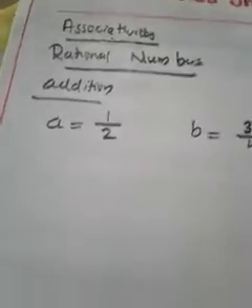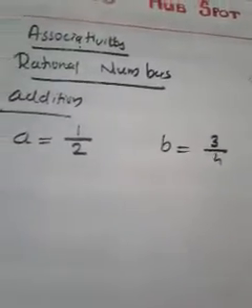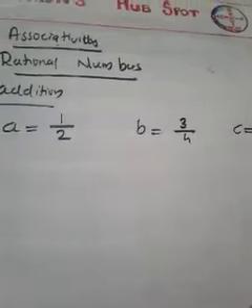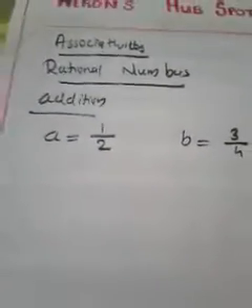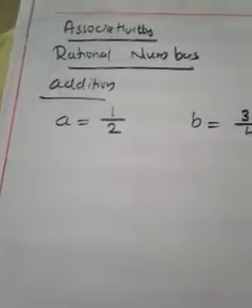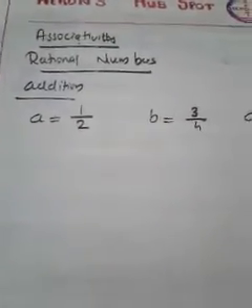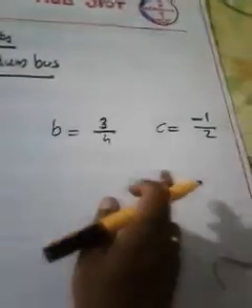Can you choose a negative as a rational number? Yes, of course. Instead of 1 by 2, 3 by 4 and minus 1 by 2, you can choose 2, 3, 6, because 2 is a rational number, we can express it as 2 by 1, and 3 is a rational number, we can express it as 3 by 1. But I am choosing a little bit difficult example. You know why? If we are capable of solving a difficult question, then we are capable of solving all types of questions. See, these are three rational numbers. Any problem?